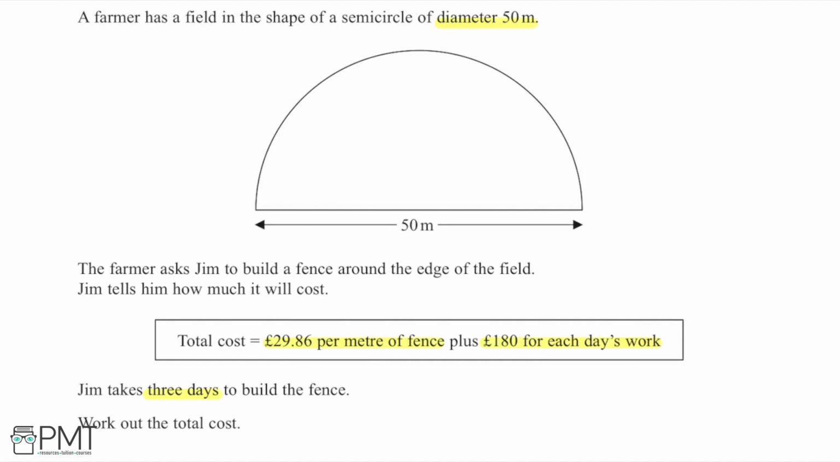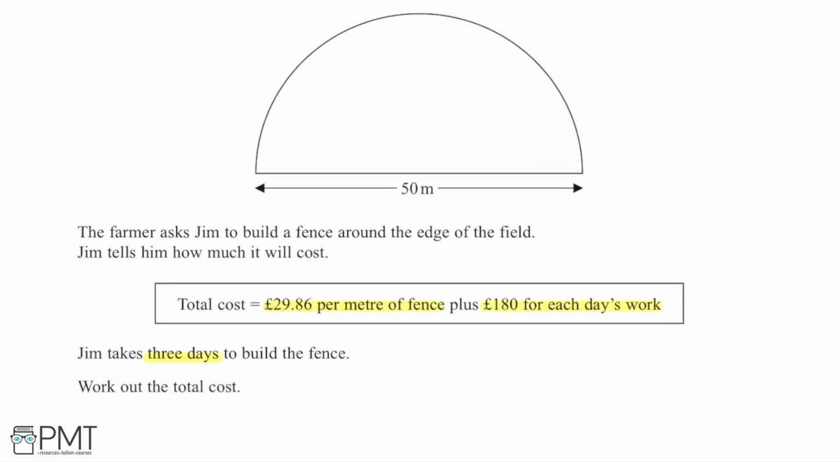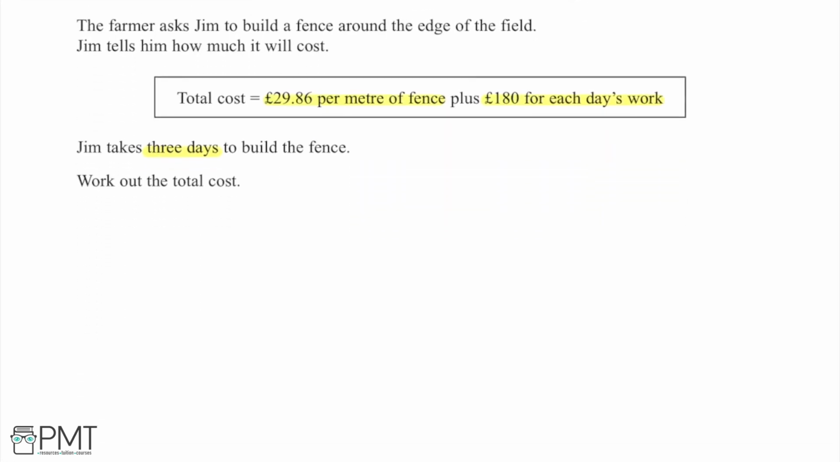So starting here, if I'm looking to find the perimeter of this shape, if we want to put a fence around the edge of it, I need to find its perimeter. And we have the 50 here, however we need to work out the distance around this curved edge. Now this is a semicircle, so it's basically half a circle, so its perimeter is going to be half of that, half of the circumference of the circle. So if I work out the circumference of the whole circle,